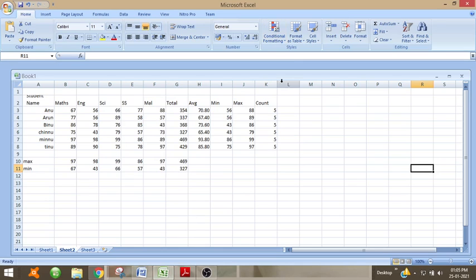So suppose here we are adding a column, tel number. So we have entered the telephone numbers.